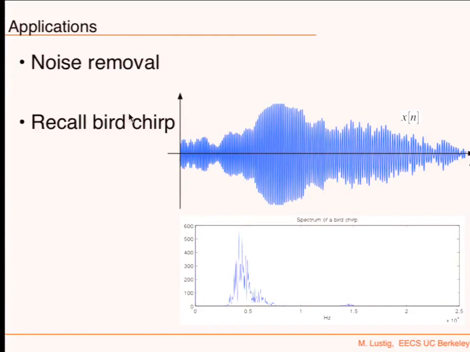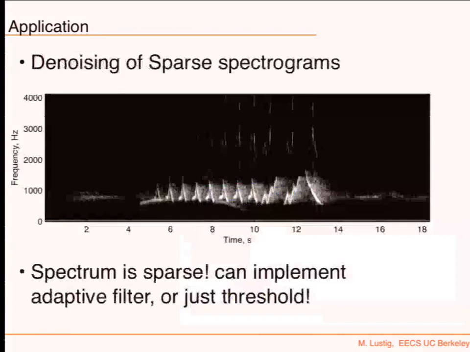I can compute it, and then I can maybe filter those frequencies and get rid of some of the noise at the low frequencies and the high frequencies, for example. That's one way, but it's not perfect. I know that the bird signal changes frequency over time, so I'm not really using all my information to remove noise. If I compute a spectrogram,